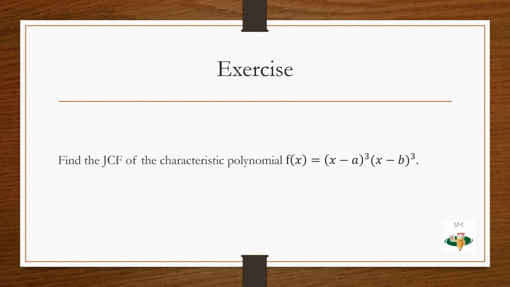So this is an exercise problem. Here we have (x minus a) whole power 3, (x minus b) whole power 3. Therefore we need to find P of 3 and as well P of 3. That is, we have totally 9 possibilities, because here we have 3 possibilities and here we have 3 possibilities. So we need to take all combinations. The matrix will be a 6 cross 6 matrix. Okay? So do it. If you have any doubt, please ask me.